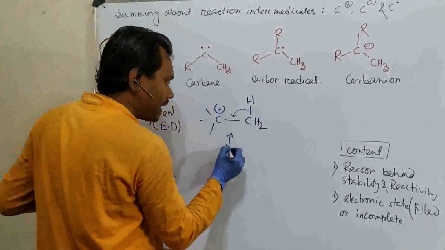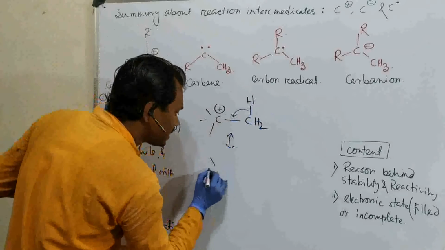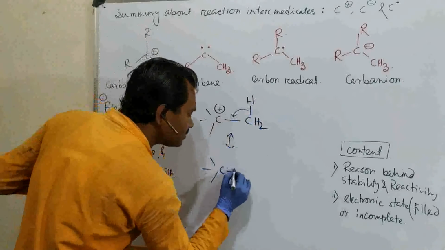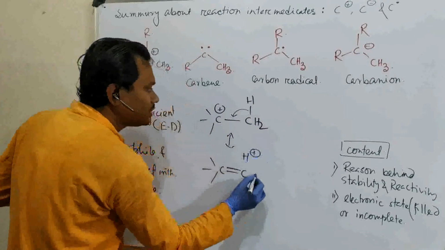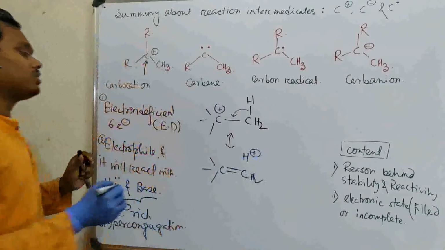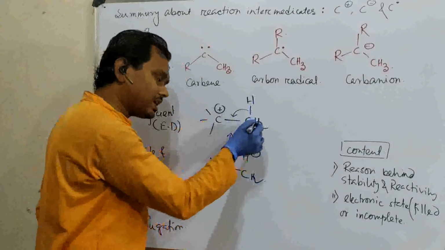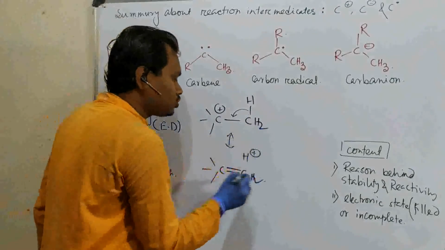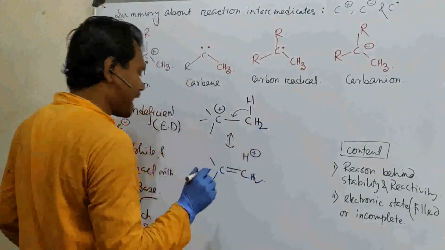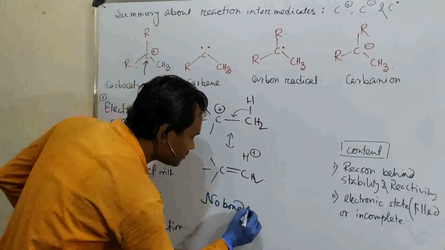So if it does, then what happens? This bond pair is coming in, so what remains is a double bond and there is an H plus. The rest of the things are the same. Not only this hydrogen, but in the next turn these 2 hydrogens will also show the effect in the same way. So in this way hyperconjugation works. Additionally, it is known as no bond resonance.